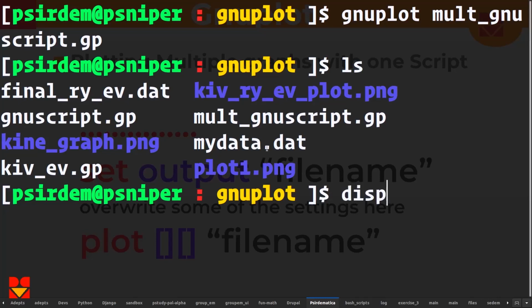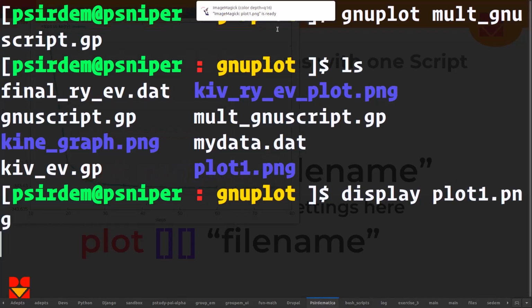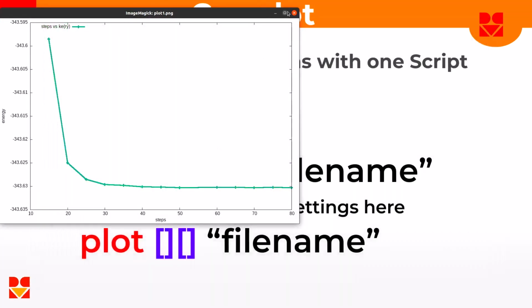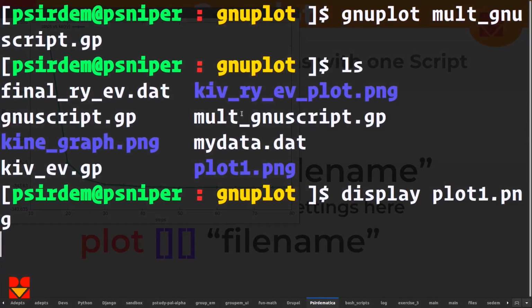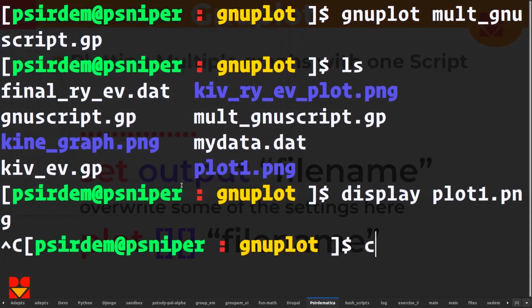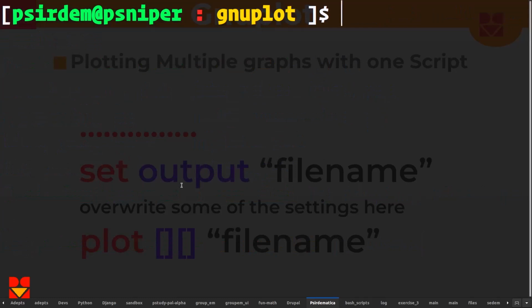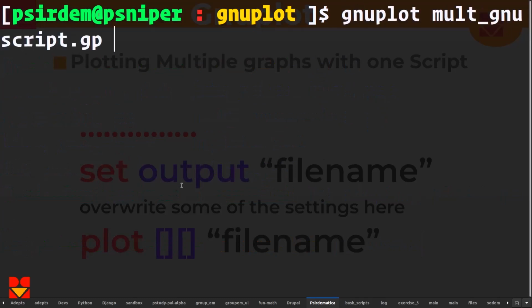So when I display plot 1.gp, you see that we have this plot, right? Which means that the second graph that we had, we didn't save it. So since we didn't save it, we can't see it, right? So let me clear the screen and then rewrite the nano